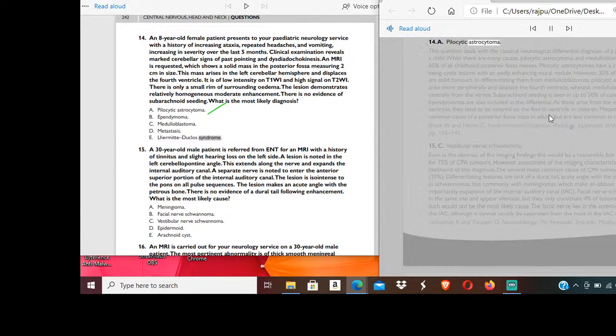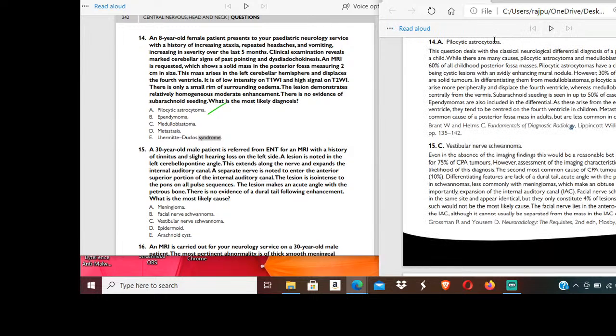A. Pilocytic astrocytoma. This question deals with the classical neurological differential diagnosis of a posterior fossa mass in a child. While there are many causes, pilocytic astrocytoma and medulloblastoma account for over 60% of all childhood posterior fossa masses. Pilocytic astrocytomas have a classical